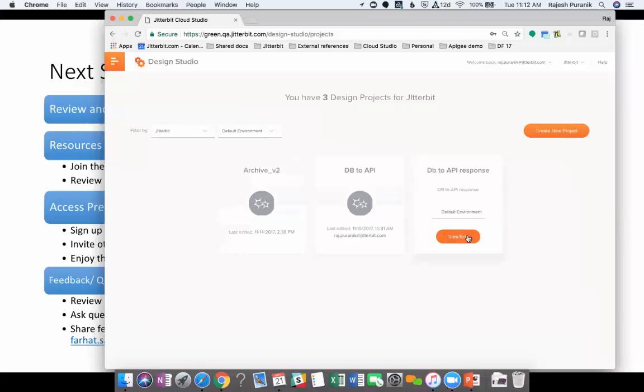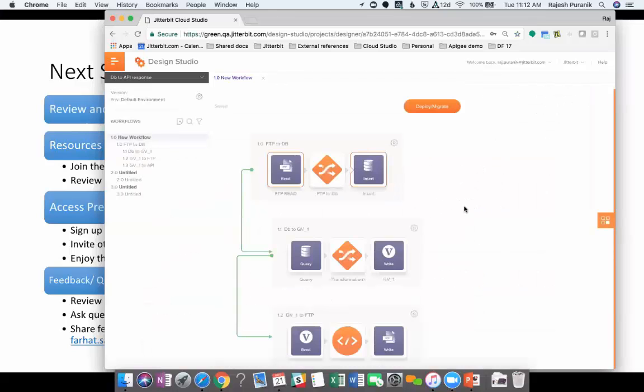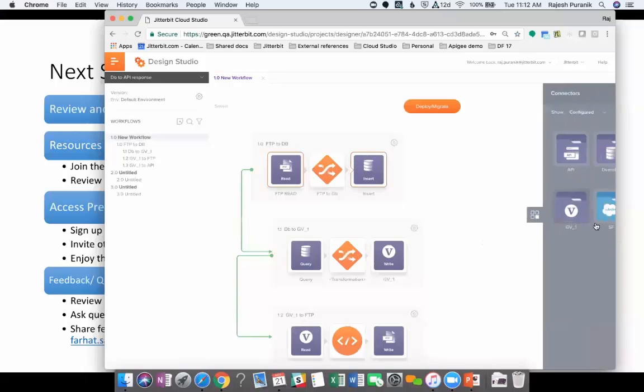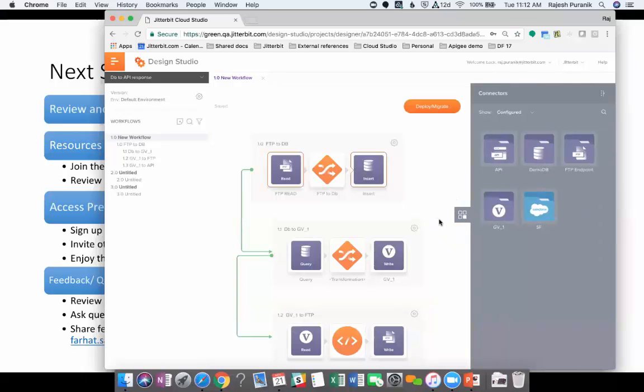So let's see, we have this project here, database to API response. I just built out this project. You'll see a couple of changes here. I'm going to walk you through this use case, but let me just note a couple of changes to the user interface. We've collapsed the palette. This is the endpoints that you're going to use. They're down to one tab now. Notice that you can filter these